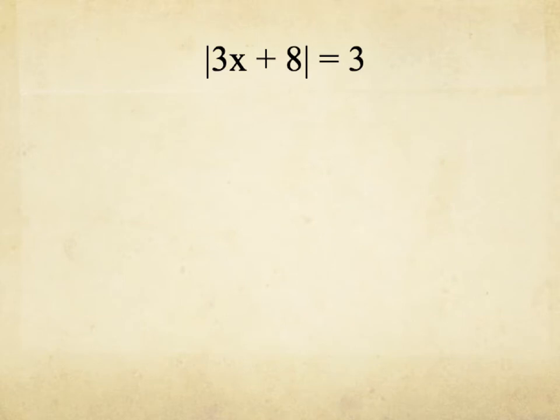Our first example is the absolute value of 3x plus 8 equals 3. When I'm talking about looking at the number, I'm referring to if you have the absolute value on one side, what are you left with on the other side? Well, that 3 is positive. So since that 3 is positive, we're going to break this up into 2 separate equations and take away the absolute value sign. So we're going to have 3x plus 8 equals 3,